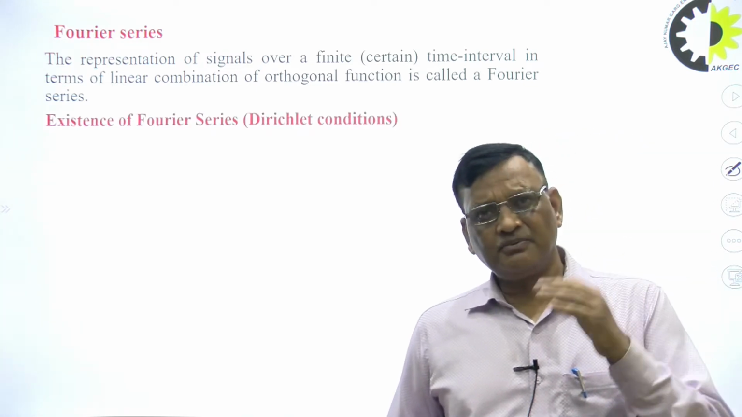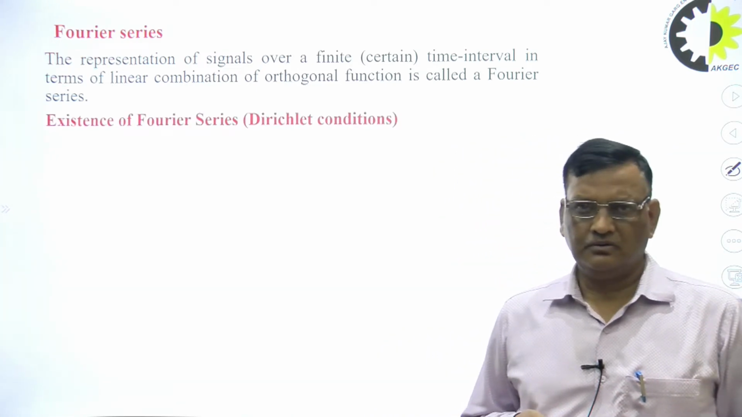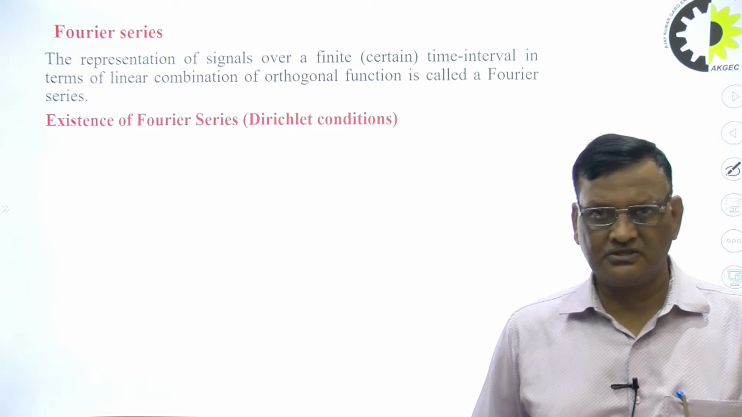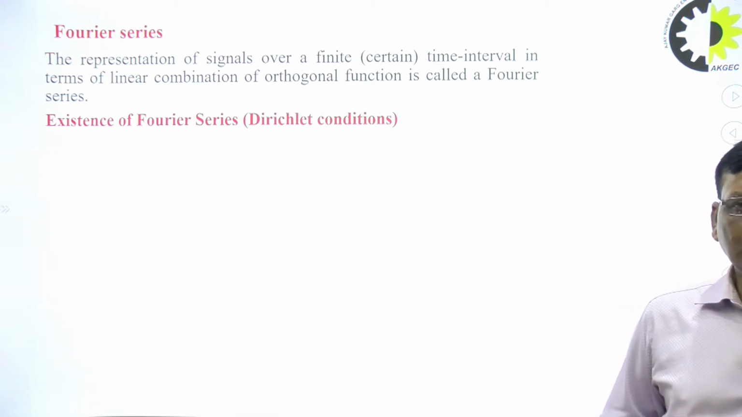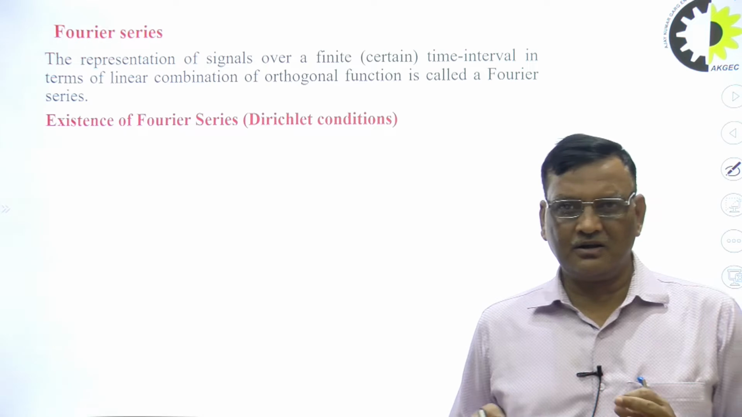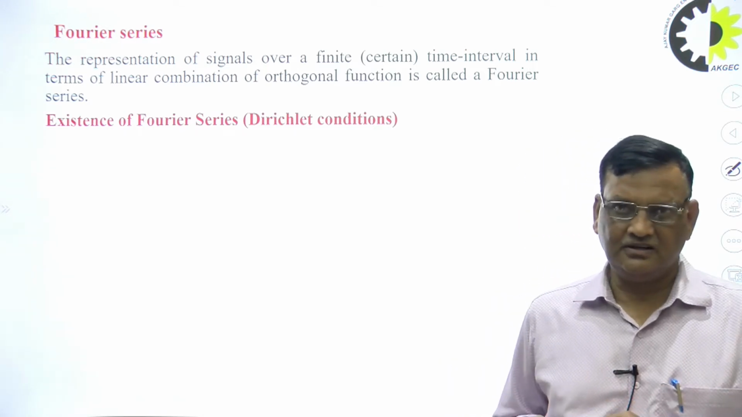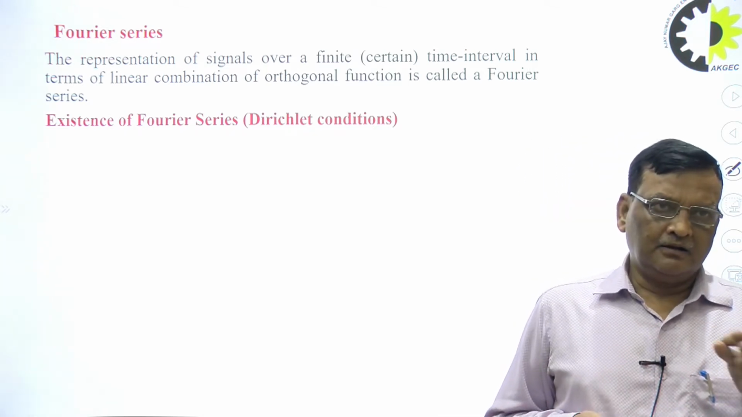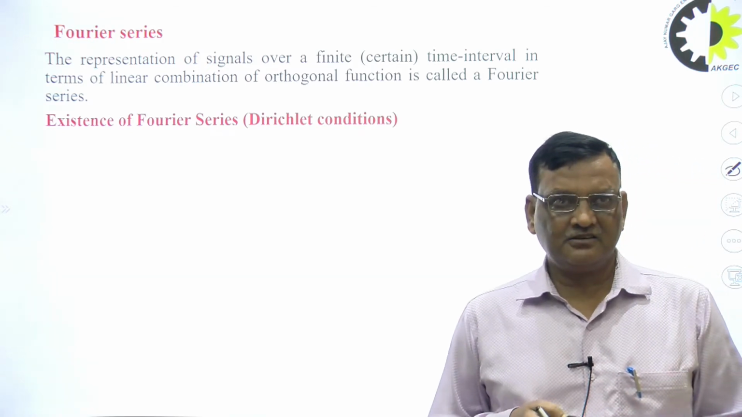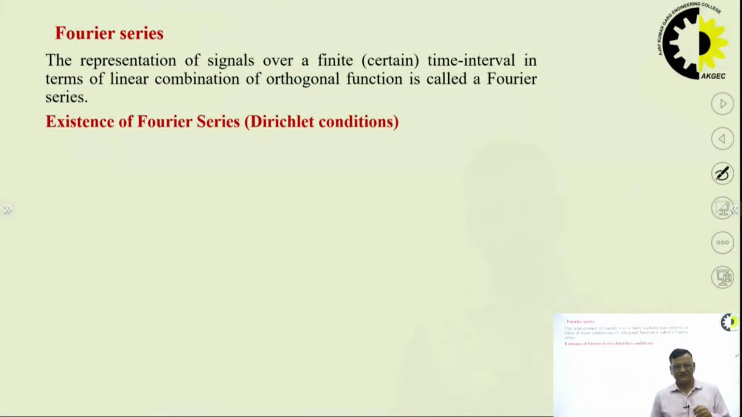It is applicable to a periodic signal. The signal must be periodic, and it is also called the harmonic series. Why it is called harmonic series, we will discuss in detail later on. Then we discuss the existence of the Fourier series: if a signal is given, whether we can write down the form of the Fourier series or not,